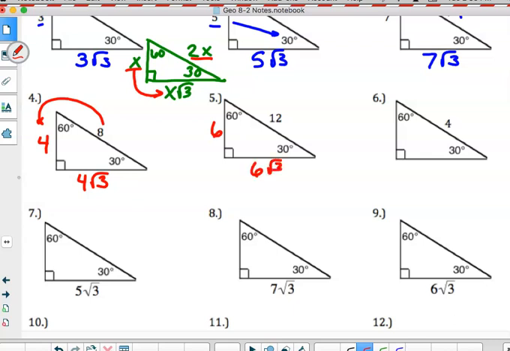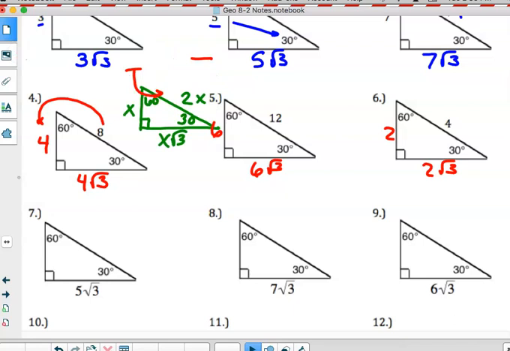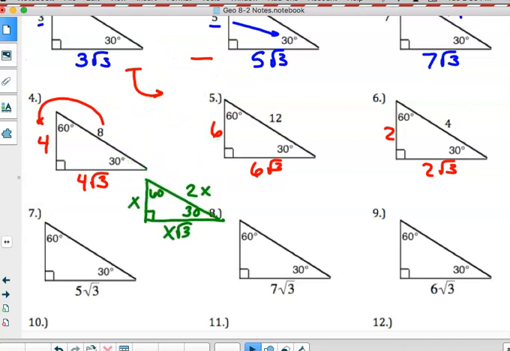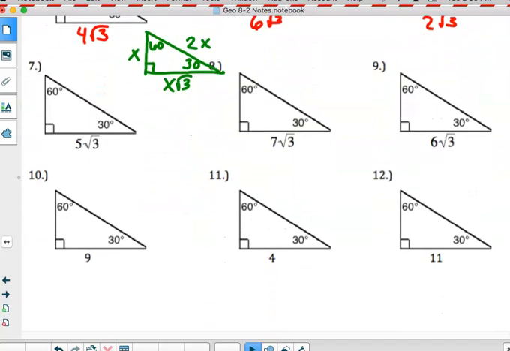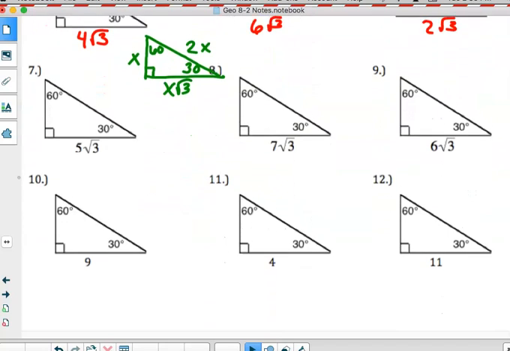And the next one is 2 and 2 the square root of 3. Now, please keep in mind, we are still focusing on our pattern. I have not changed the pattern. I just keep dragging it along with us. Okay, now when the longer leg is provided, remember the long leg is the short leg times the square